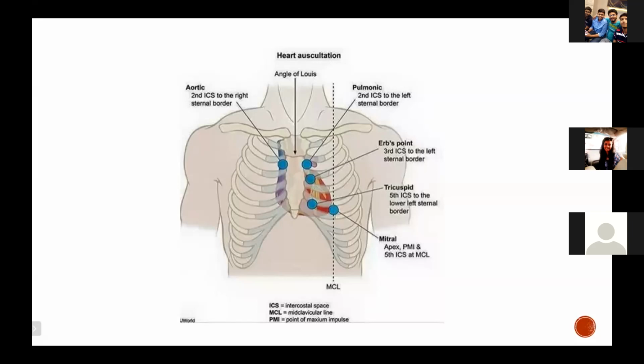Similarly, the other area is Gibson's area. Gibson's area is left first intercostal space. So that is just about the pulmonic area. Here you'll be able to pick up the continuous murmur of PDA. So these are two areas which, in addition to the routine four areas that we auscultate, should be auscultated over the precordium. And then, apart from auscultating the precordium, there are a few other areas as well which we should regularly auscultate. So these include